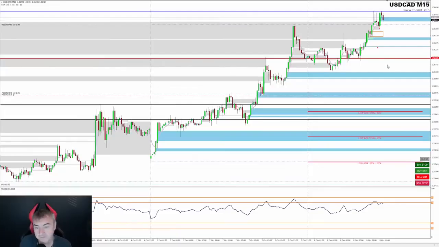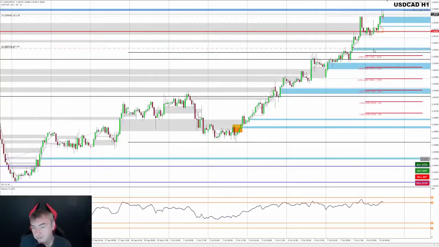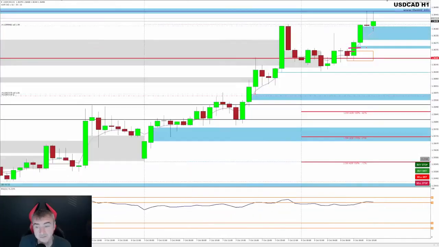So this short, I've set myself a target down here. In fact, I need to move this. Actually, no, it's on the hourly. Yeah, so that's where I want to target, down here. It's a propulsion candle. Yeah, so look at this price action now. A great example, isn't it? We were looking at it in the live room. Yeah, so